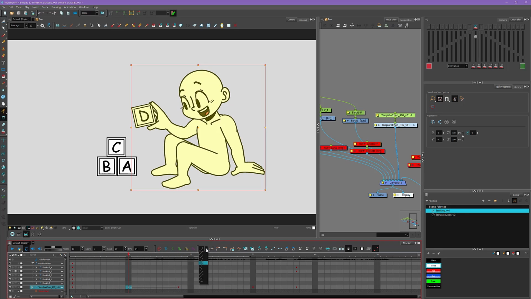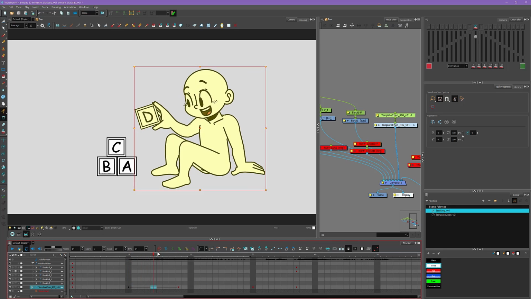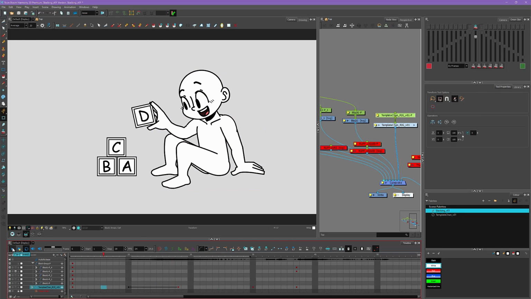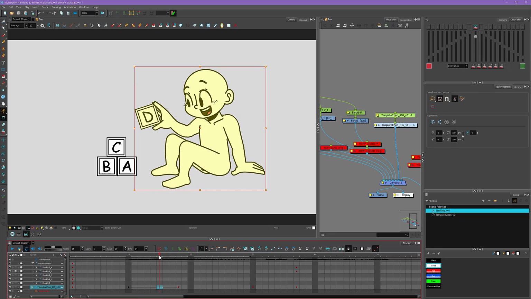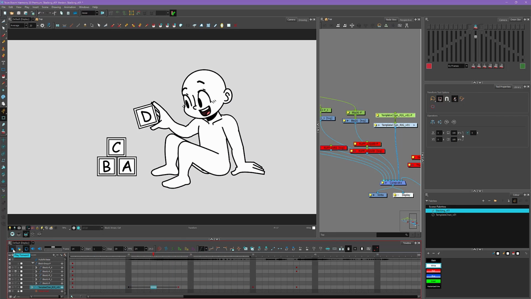Whereas if we did the opposite, if we went down to these curves on the bottom, the ease outs, and selected the most extreme one, you can see he starts out really quick and then slows down towards the end. For an ease out, it looks like this. And then if we do an ease in and ease out, which is these S curves here in the middle, and we select the most extreme one, you can see it starts out slow, really quick in the middle, and then slow at the end. These generally are the most organic kind of movements. So an ease in, ease out is generally going to be the most natural feeling.